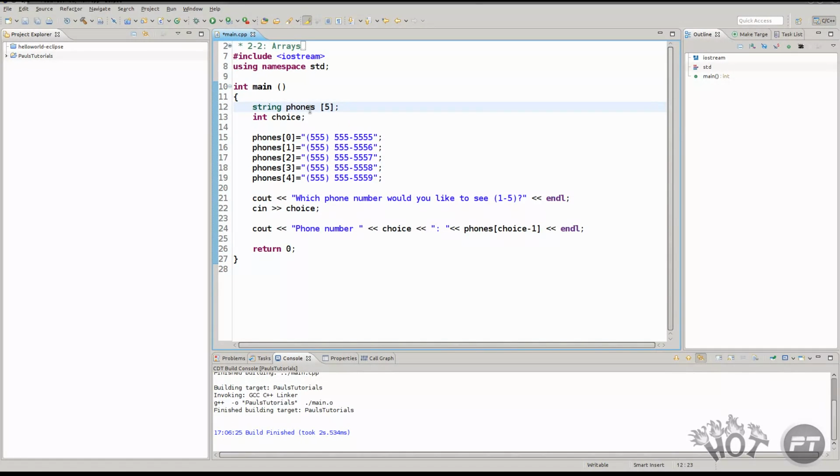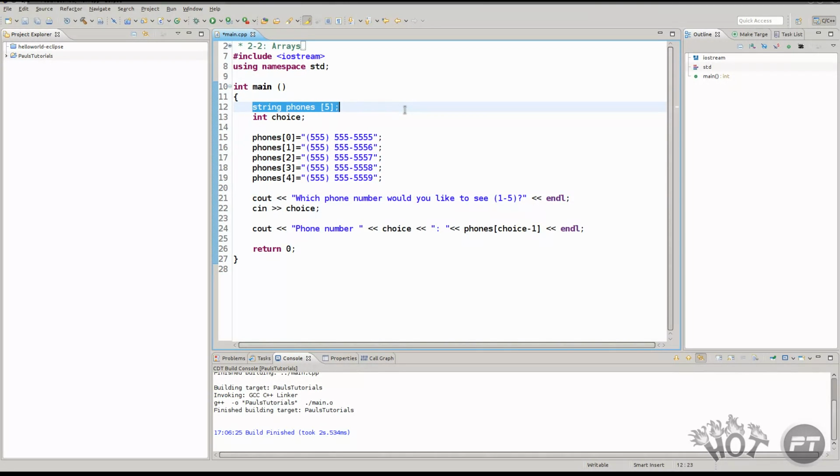We'll be looking at basic uses of arrays, how arrays work with loops, and using multidimensional arrays and some applications of that. So first we'll look at a basic application of arrays here, and I've created a basic phone book program that stores a series of 5 phone numbers into a 5-element array, and then asks the user which one they want to see. So looking at the relevant pieces bit by bit, our first part is the declaration,